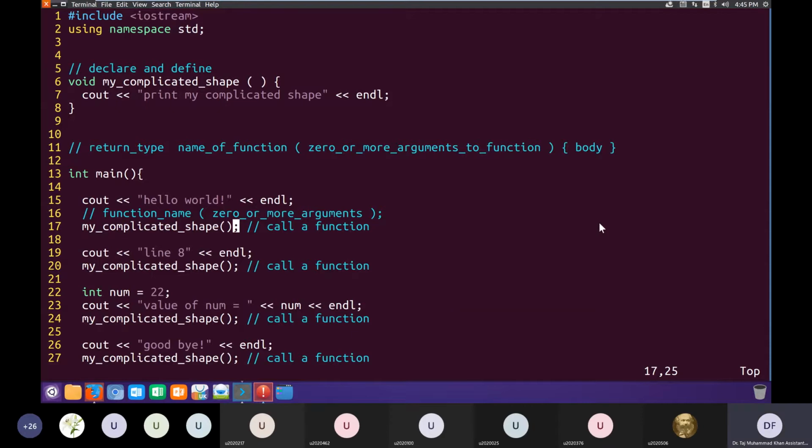So now, in the last class, I told you that functions are another way of influencing the execution flow of our program. Remember, we said that execution flow moves in a straight line unless you use some special statement to modify it.